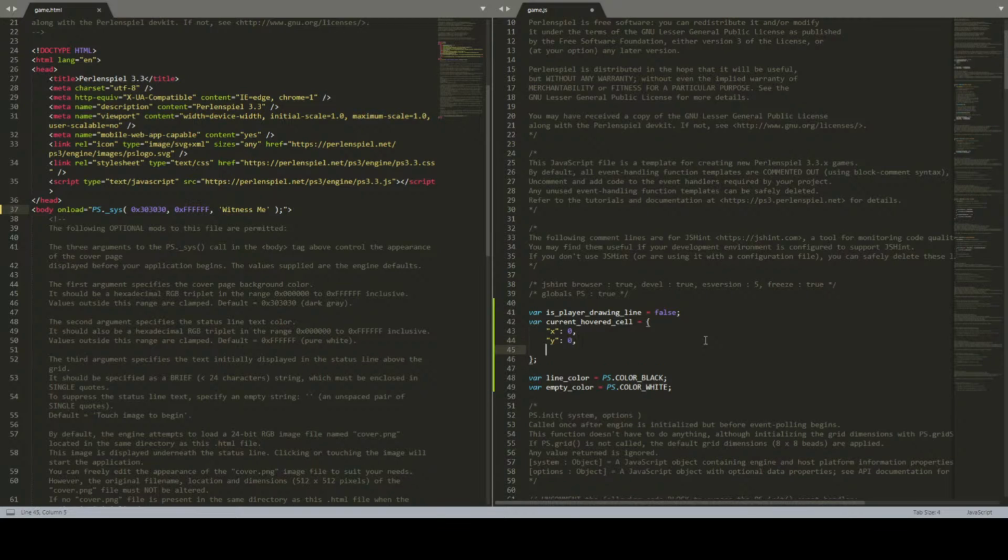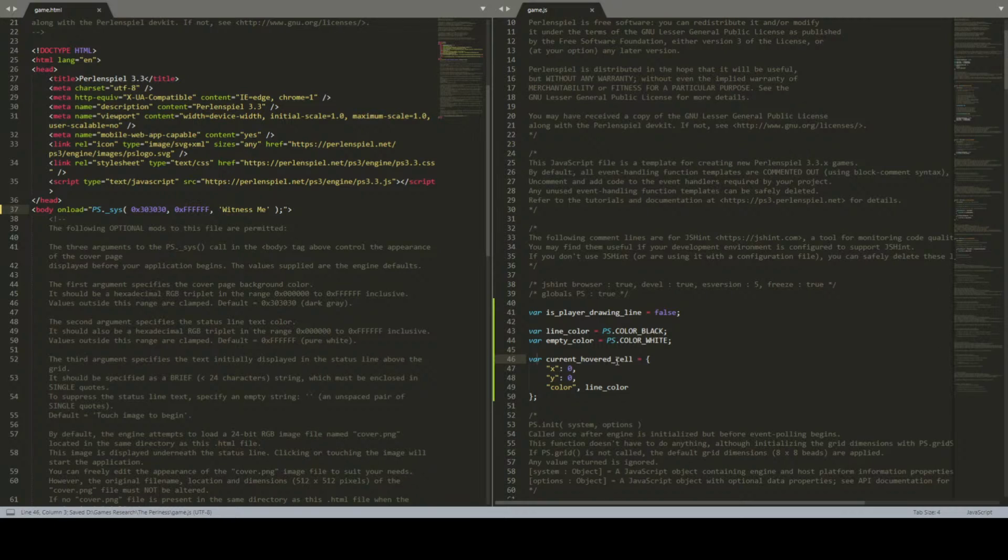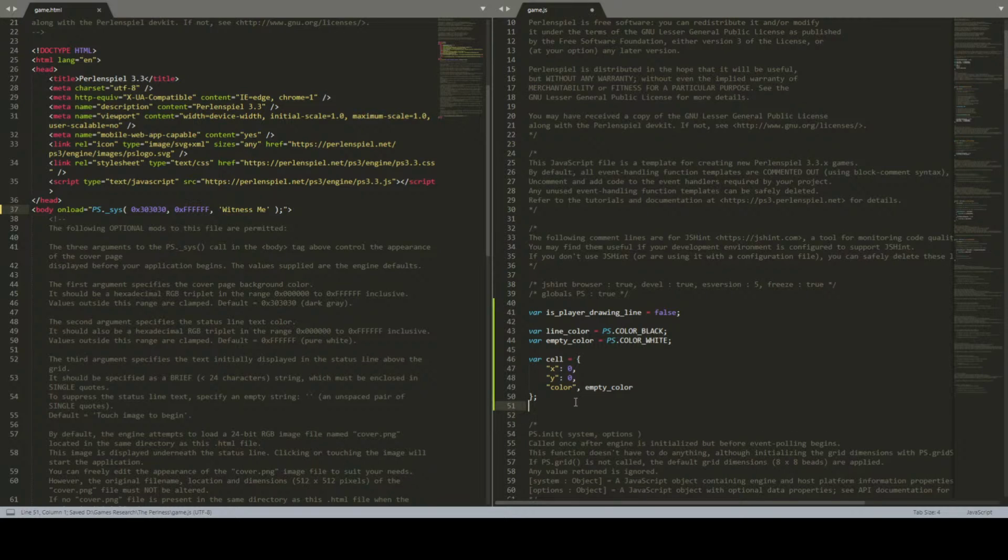Because there's a reason for this, because we may want to store something like the color, see? And instead of calling it current hovered cell, let's call it cell. And we can try and create instances of it. Actually, let's initialize it with empty color. So if we were to now var current hover cell, let's call it current cell for now, I don't like that. Current cell,